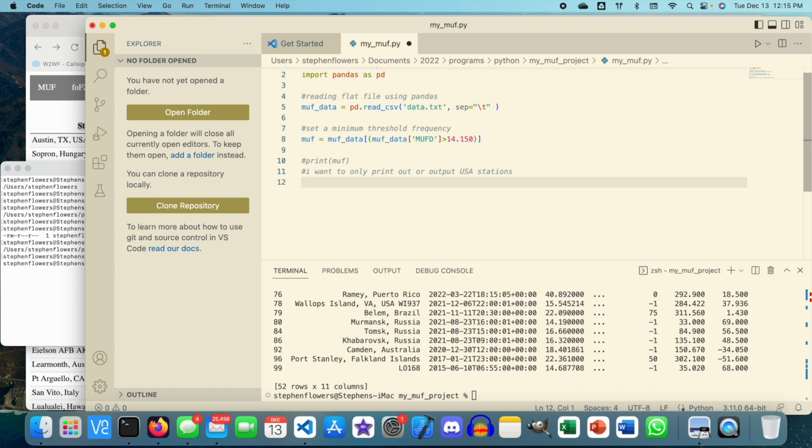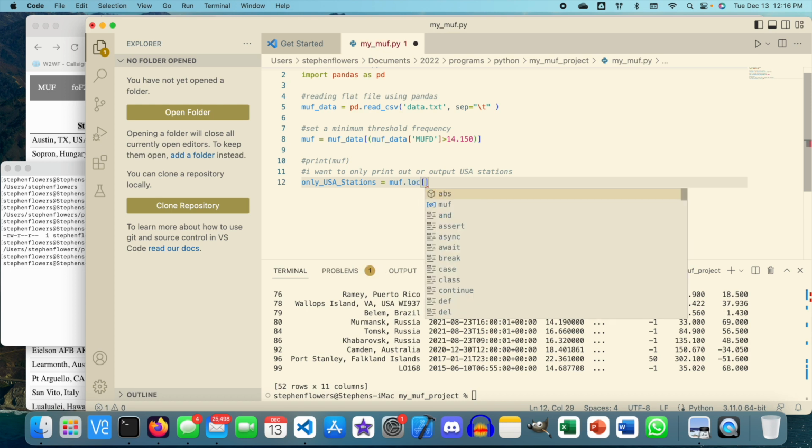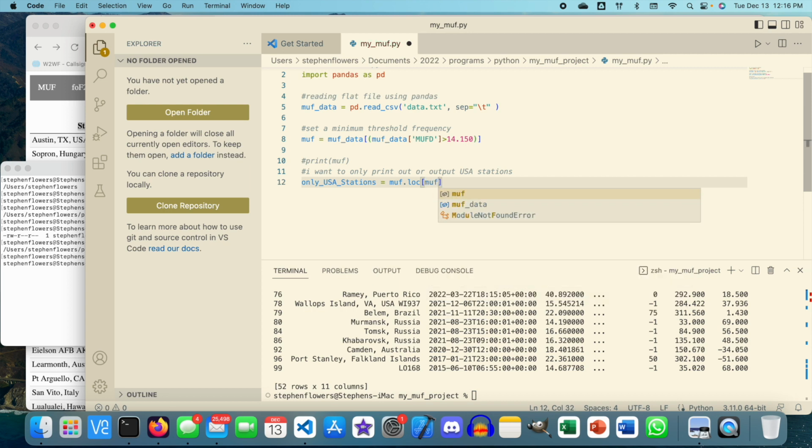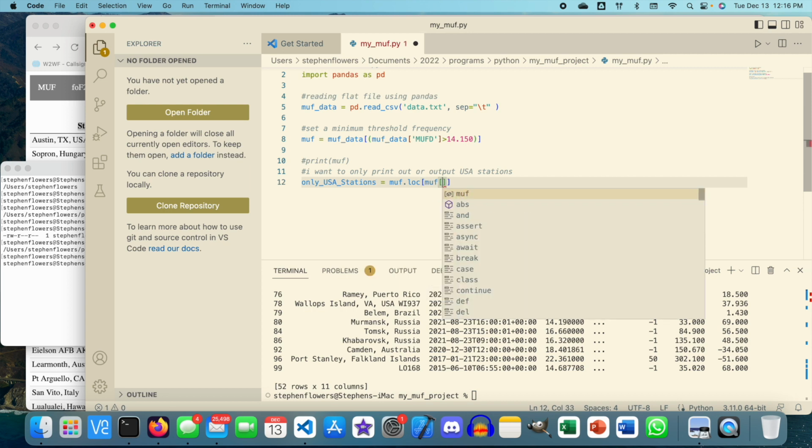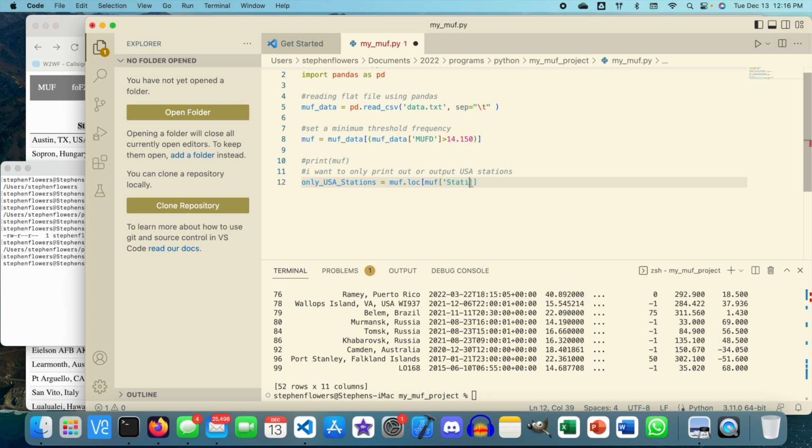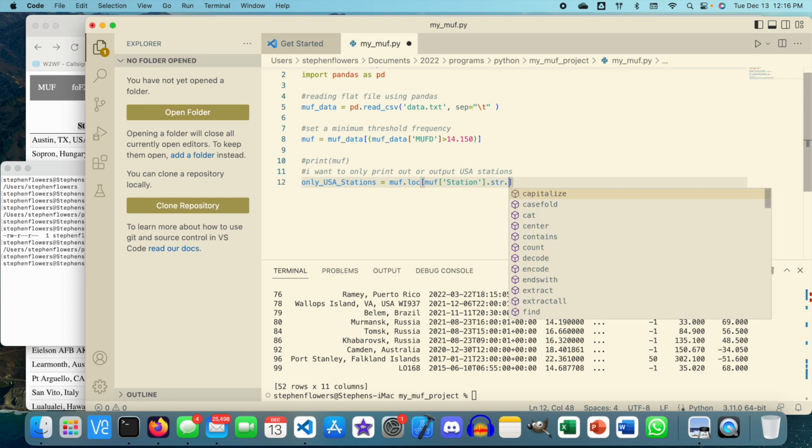Well, before I do this, I need to go ahead and define my variable. Call it only USA stations and set that equal to. Again, in the pandas library, we have this other method called MUF.loc, or lookup or localize. It's essentially lookup, LOC. So we're going to say that is MUF, and in that particular data frame, we're going to be concentrating on the station column, and we're going to say dot string,